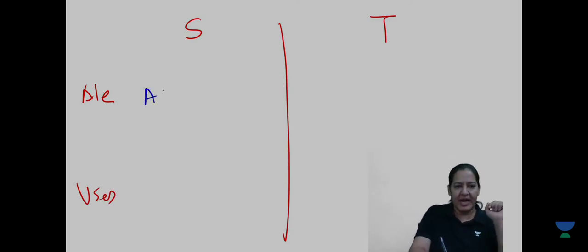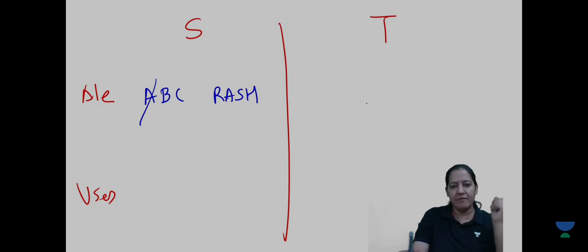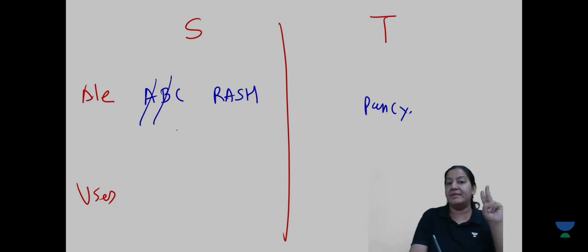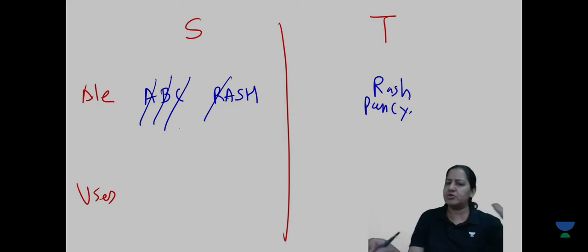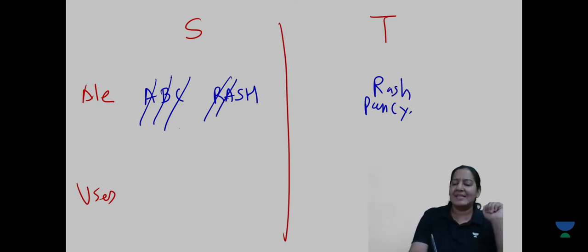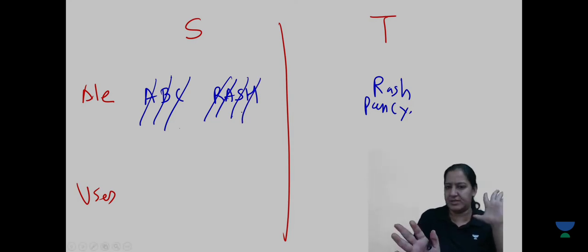Here we have a mnemonic, ABC rash. Right, A is aplastic anemia, that is pancytopenia; that is here also, pancytopenia and aplastic anemia is common, right. B is bilirubin displacement that leads to kernicterus, right, that is unique here, not there. Here the third, C, is crystalluria, crystals in the urine, again it is unique. R is rash, rash is allergy, so rash you can write here also, rash allergy is common in both of them, right. A is acetylation, S is SLE, and H is hemolysis and G6PD deficiency, right.